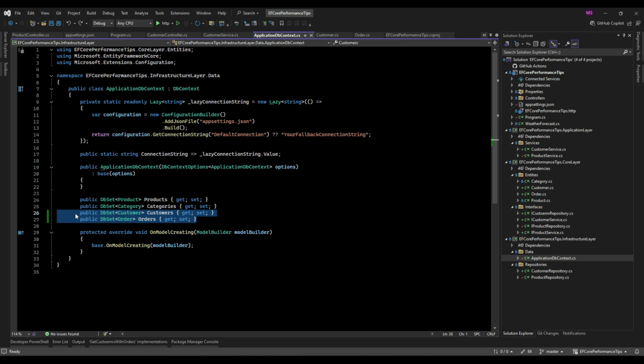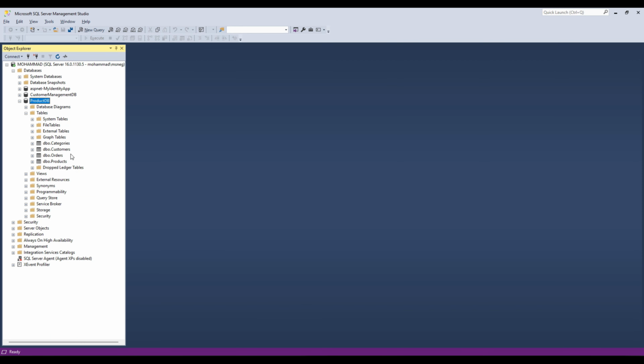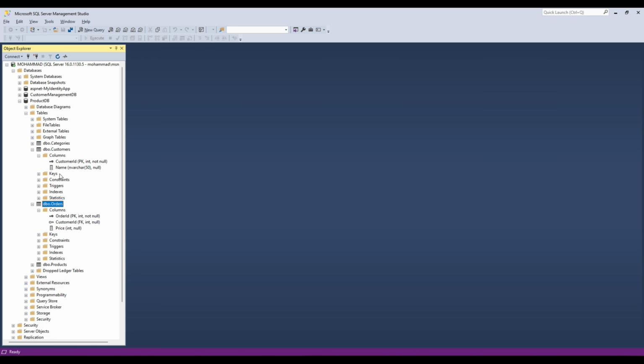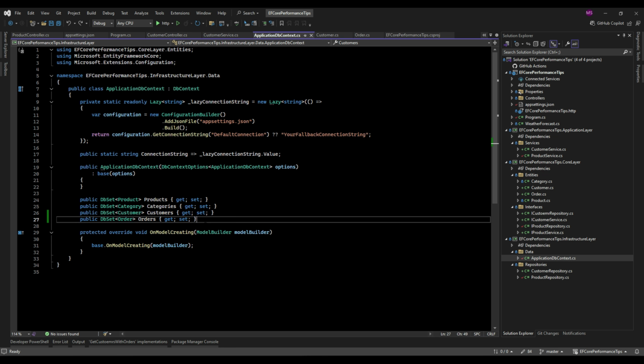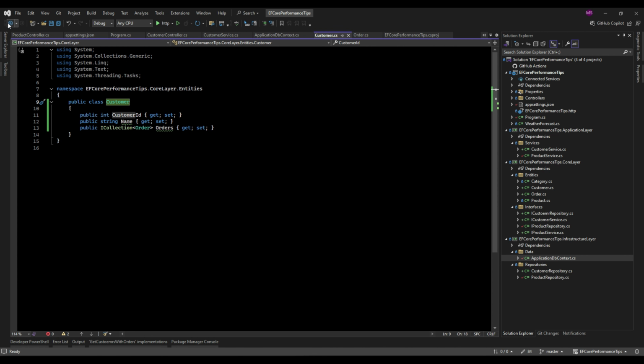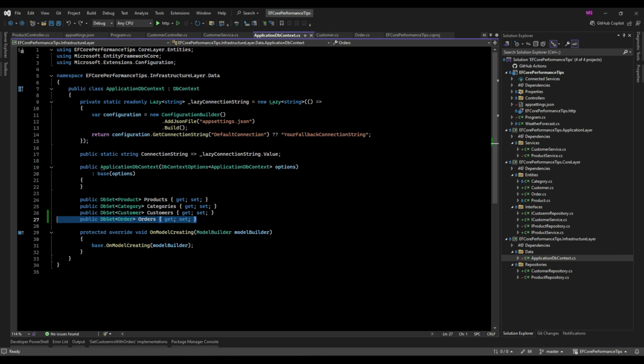I've made a few updates to the project. Specifically, I've added two new tables, customer and order, along with their respective entities. We have established a foreign key relationship with customer ID in the order table to simulate a real-world example where customer and order records are linked. This setup allows us to illustrate scenarios where MARS, or Multiple Active Result Sets, might come into play, and more importantly, how we can handle concurrent query situations even without MARS enabled. So let's jump right into it and explore these updates to see how we can optimize query performance while minimizing database load.